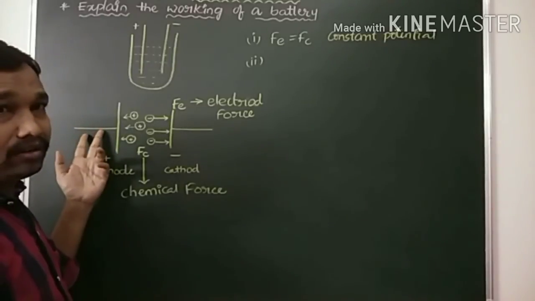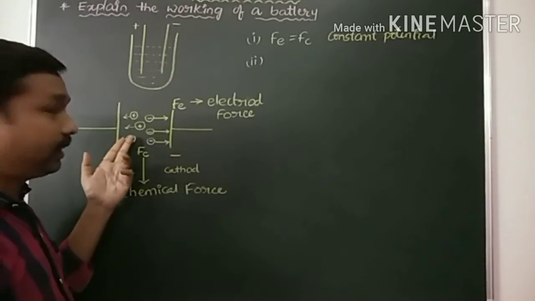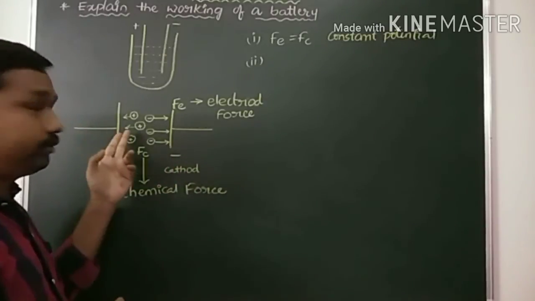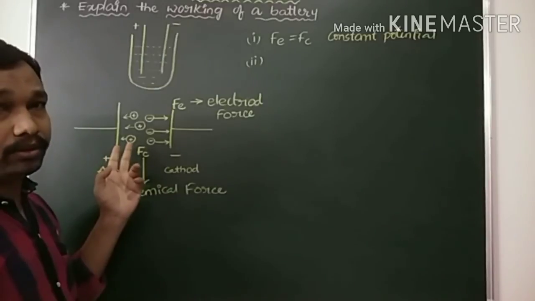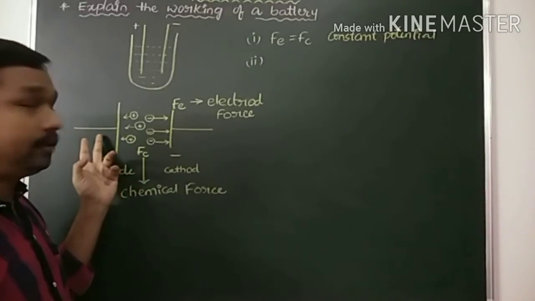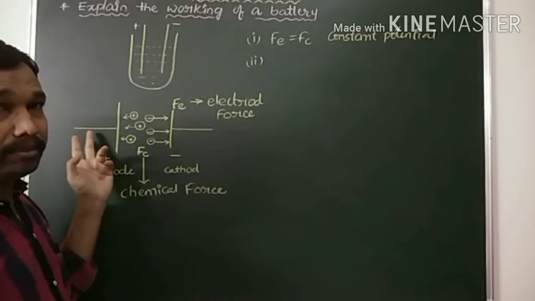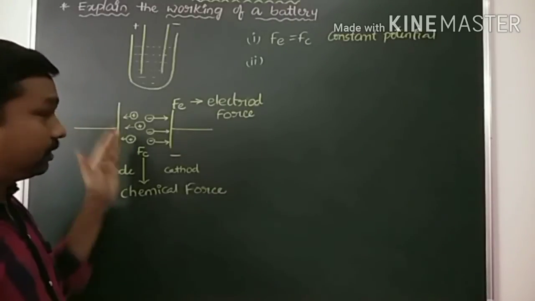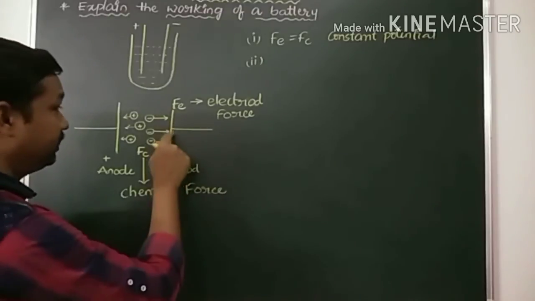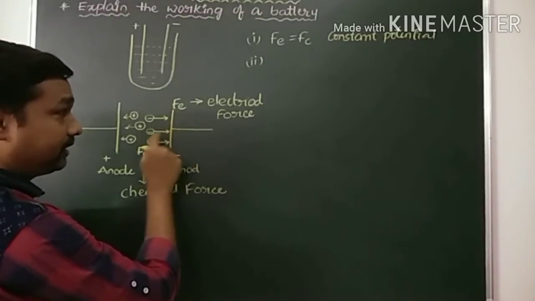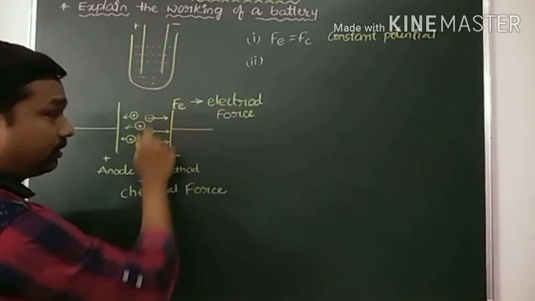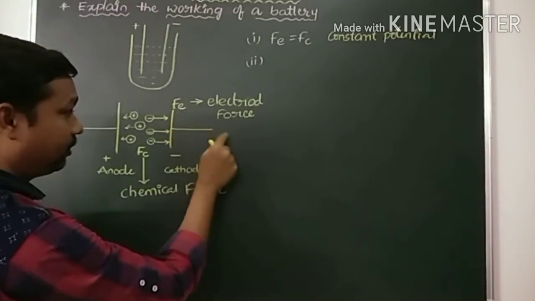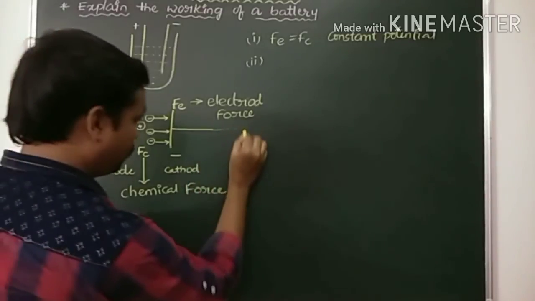These electrons and the positive ions will combine together. Electrons will flow toward the positive electrode. Then there is a vacancy, that is, a number of electrons are required toward the positive electrode. Then a number of electrons get repelled by the strong negative electrode, so that these electrons will flow